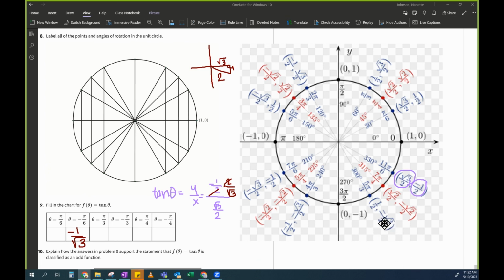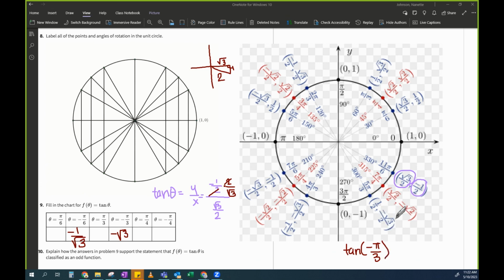Okay, and then you're left with negative root 3. That's what your classmates got. That's what I got too. Does anybody need to see that written out and done? Very good. Okay. So for this definition here, I'm going to write tangent of negative pi over 3